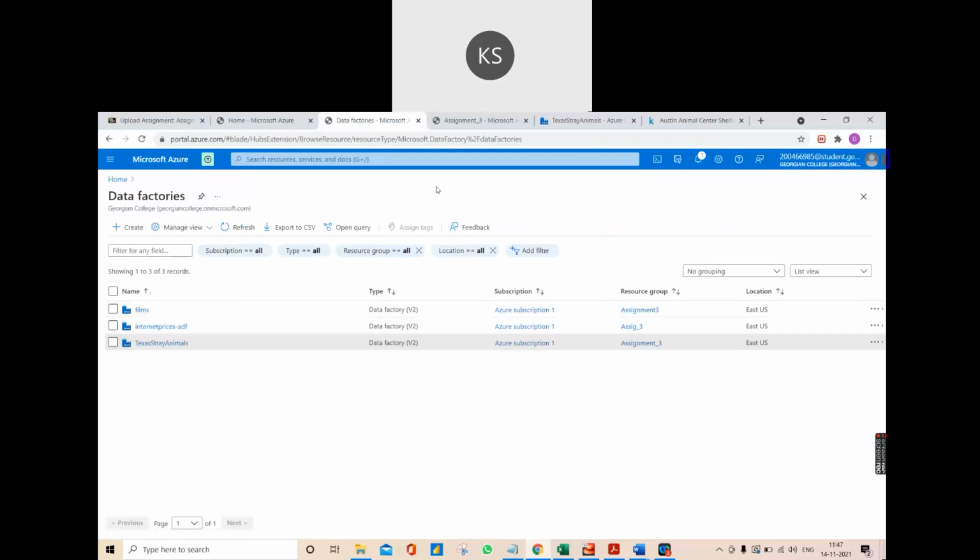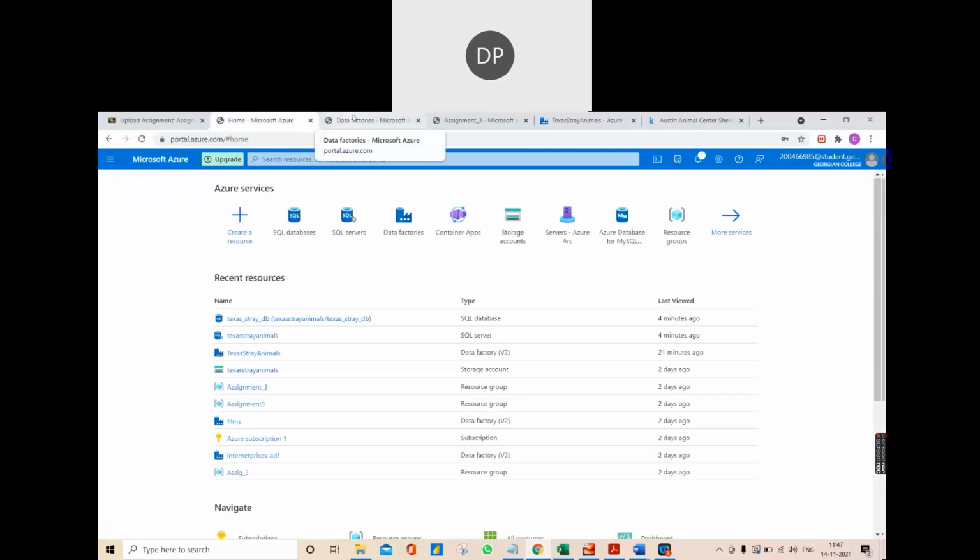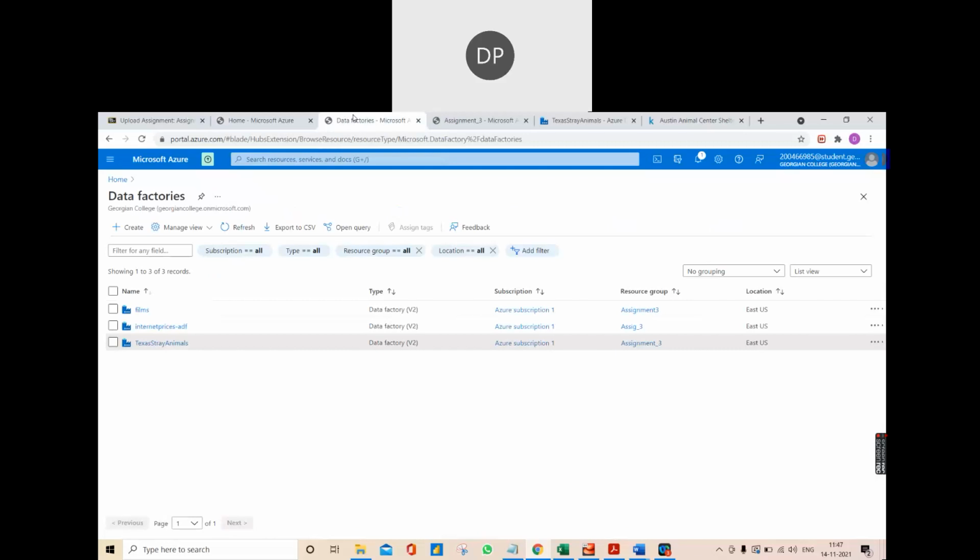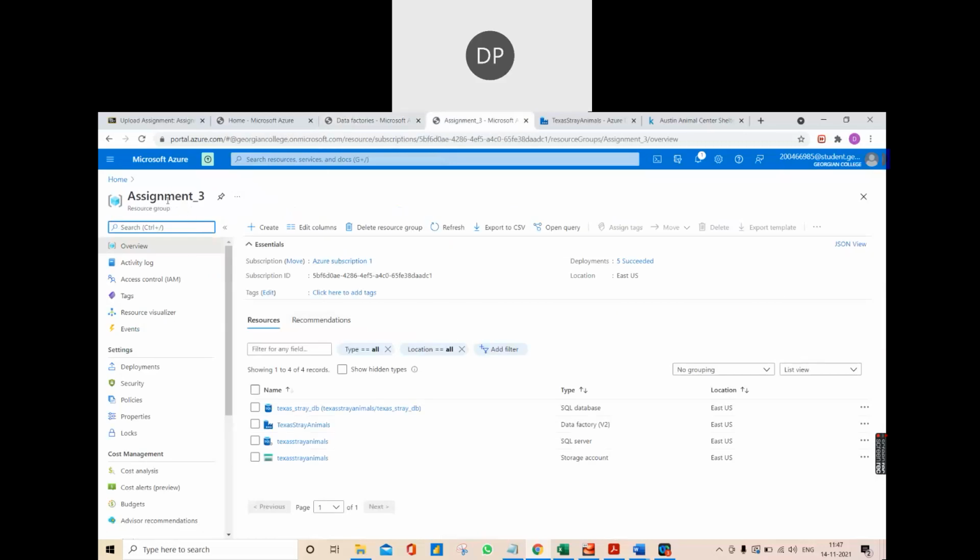Hi everyone. Thank you, Kumar. So I'll explain the flow that we have created to successfully execute our data flow. The first thing that we did was create a resource group. Our resource group is named assignment 3. All the resources that are used in this you can see here.